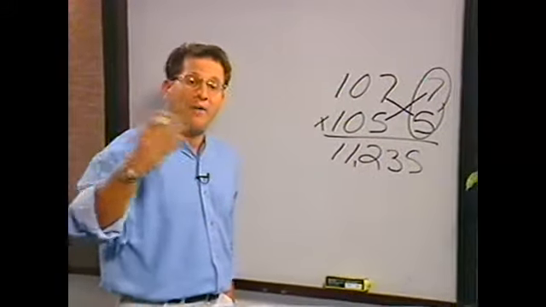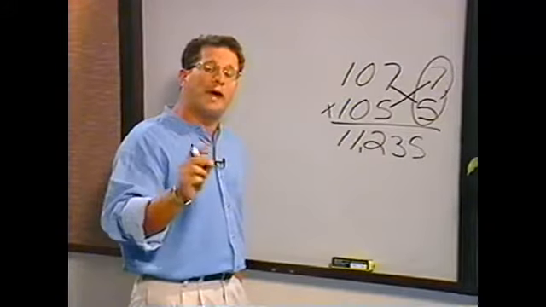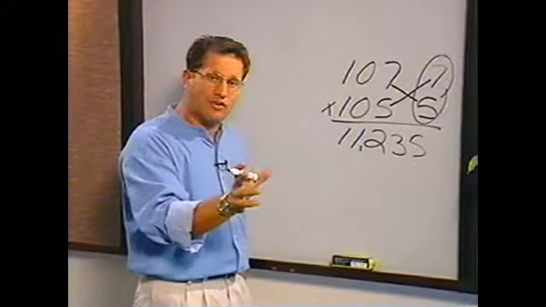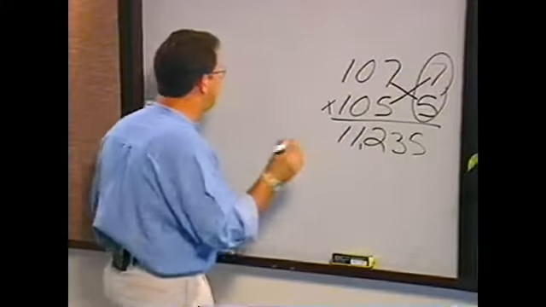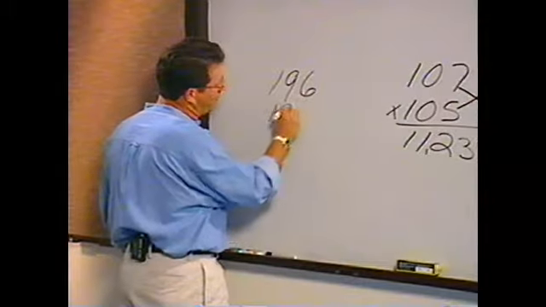Now, in the workbook, you're going to see where there's different examples that we do around 50, around 200, around 1,000. I want you to try them all. If you have any trouble with this technique, go back to another technique and get the right answer, and then sort of make it like a puzzle. Let me give you an example. If I said to you 196 times 194,